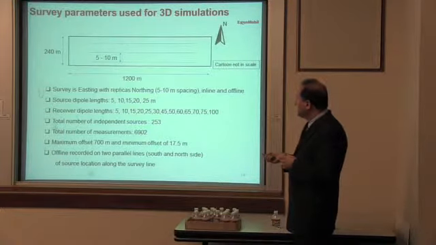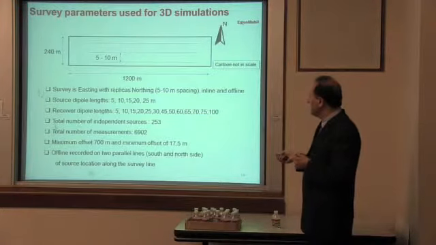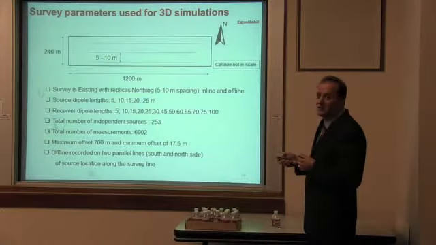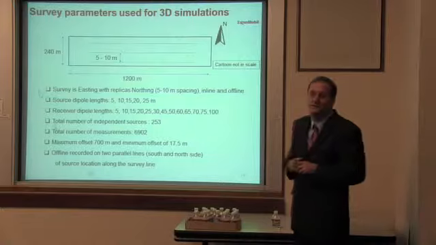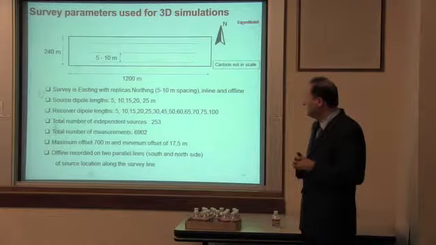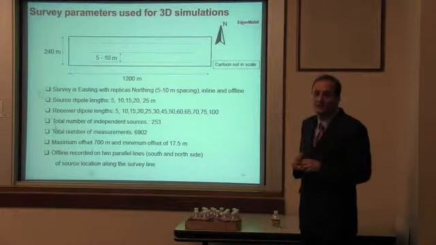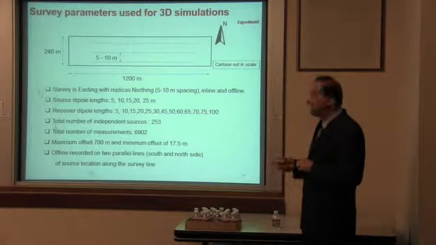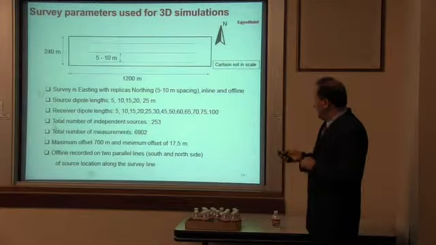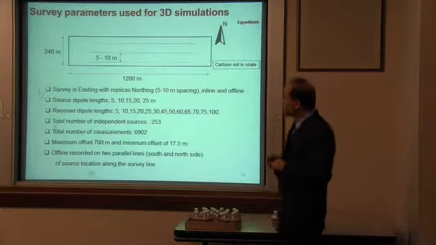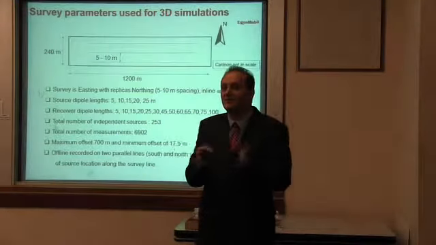And these are, of course, some information regarding what dipoles I have taken, but there were around 7,000 measurements of voltage difference, with 253 independent sources. And the maximum offset that I went was 700 meters, and the minimum offset that I had was 17.5 meters. So now that we have these optimized parameters,